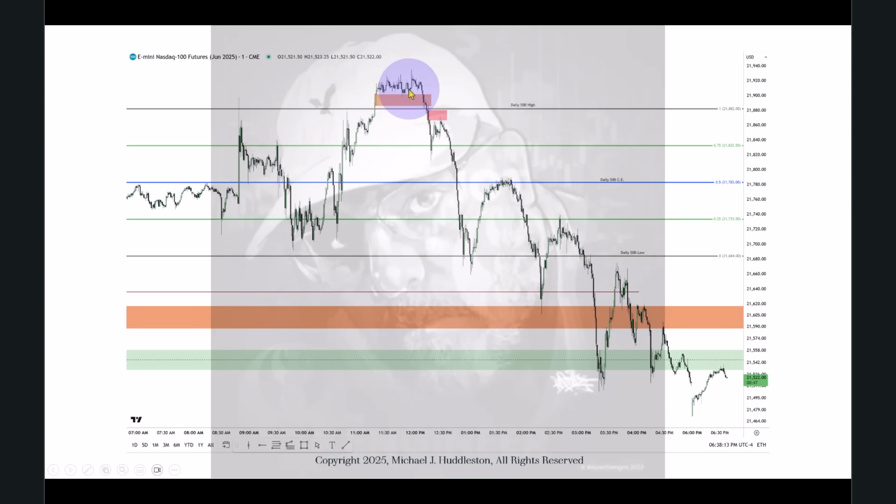Looking to get short in here and trying to actually get the actual high or the swing high in here, it can be frustrating. And it can force you out of the trade or stop you out. And then you'd have to look for another short entry if you're going to be trying to trade the extreme outside of daily SIBI. Now, you may be asking, why would you want to do that if you're primarily bullish?